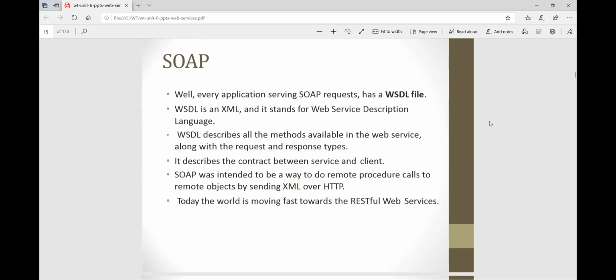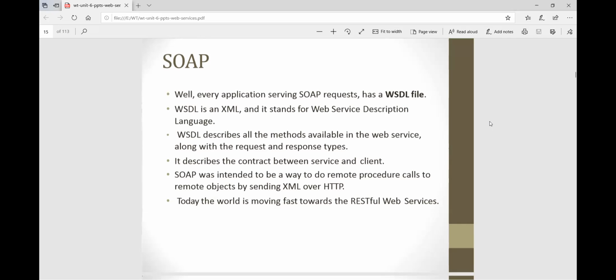It lists all the methods available in the web service along with the request and response methods. It describes the contract between service and client. Okay, it is a client server architecture, that's why service and client communication is there. So it was intended to be a way to do remote procedure calls, means remotely we can do the procedure calls to a remote object by sending XML or HTTP requests.